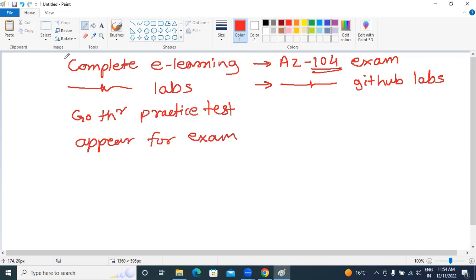Right, so only these three things are very, very important if you are going for any kind of examination. Complete your e-learning path, complete your labs and the practice test. After that, how to schedule it, you already know about that. But whenever you schedule your examination and start the examination, it will ask